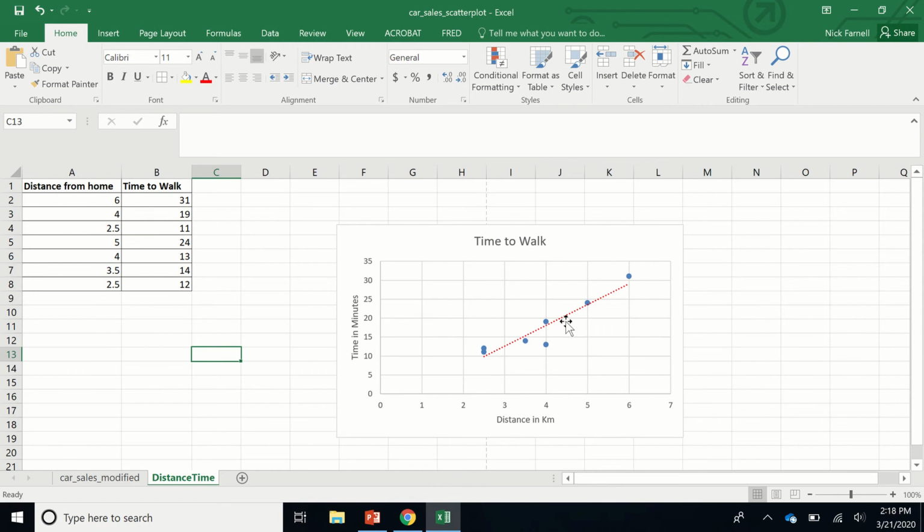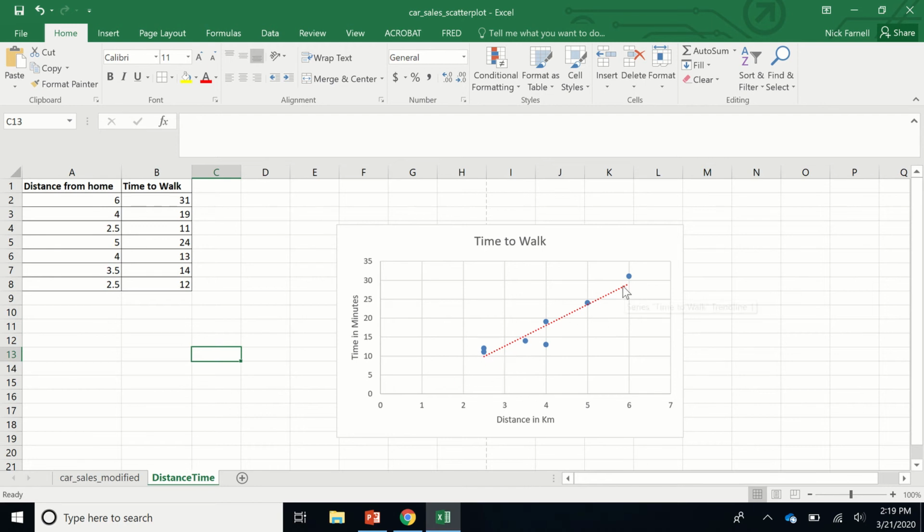I've also added this line in here. This line is the best fit line, or a trend line, that is as close as possible to all of these dots. Visually, this is just a line that represents the shortest path, but really what that is a representation of is linear regression. So we're going to talk about linear regression in a future lab, but for now, just recognize that this